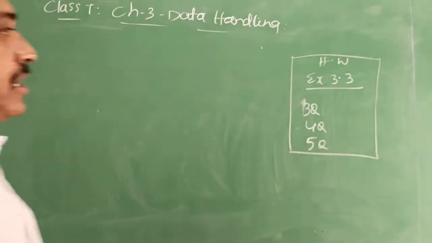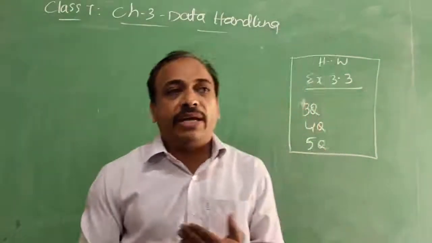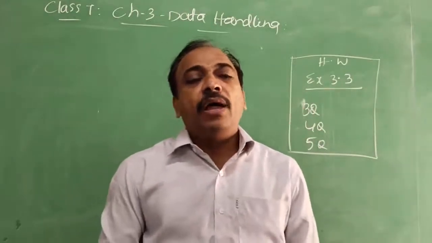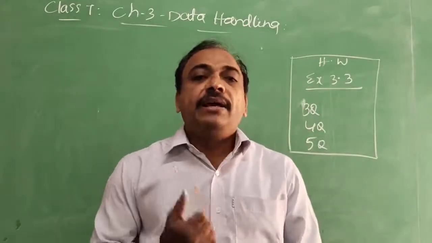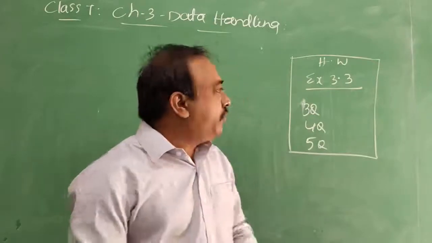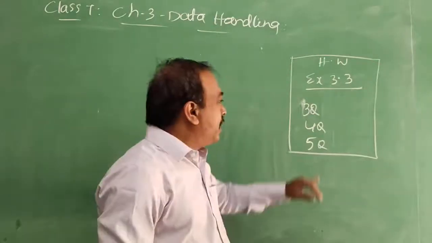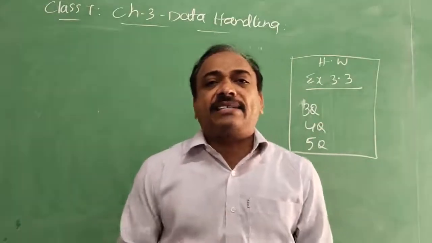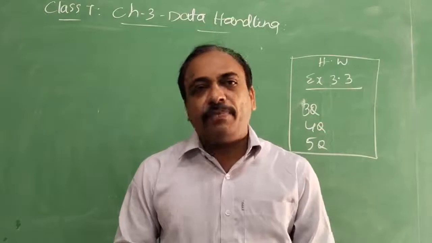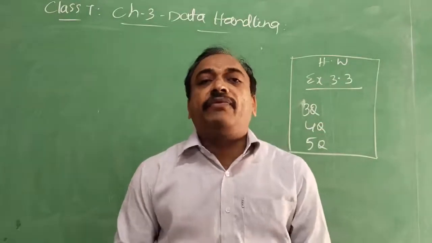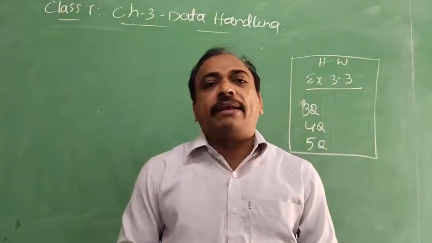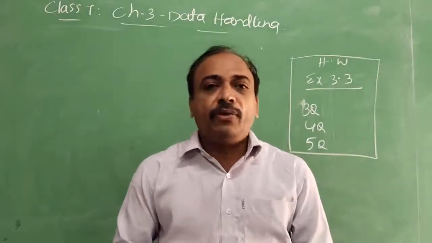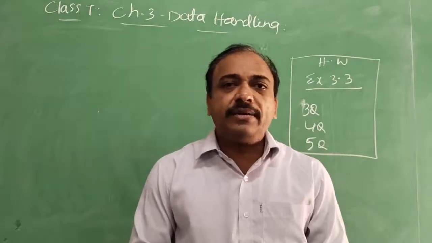Yes, students, I hope you understood how to draw the bar graph, how to read and understand the given bar graph, and how to answer the questions from the bar graph. So here we have some homework questions from exercise 3.3. Question number 3, 4 and 5. Choose the exact scale which is suitable according to the question and do it. If the double bar graph is there, 2 different colors can be used so that it gives a nice look. I hope you understood. Let us meet again. Thank you.